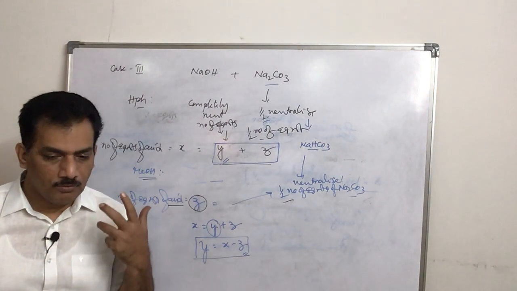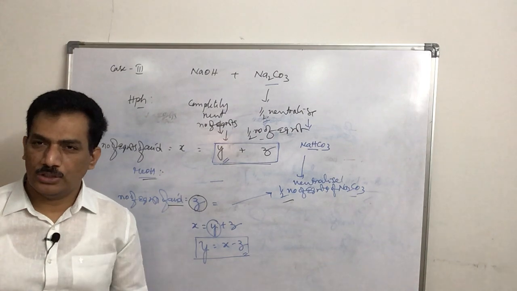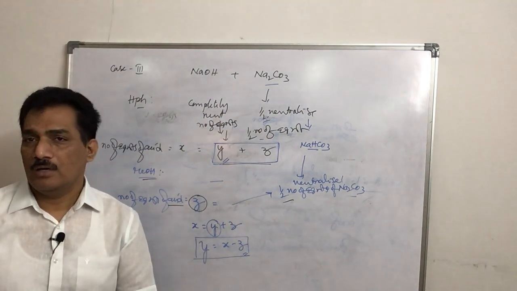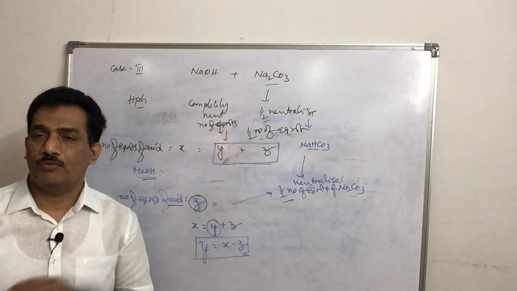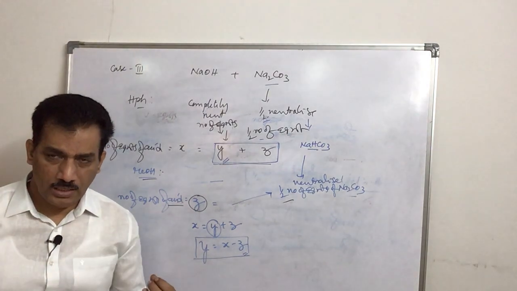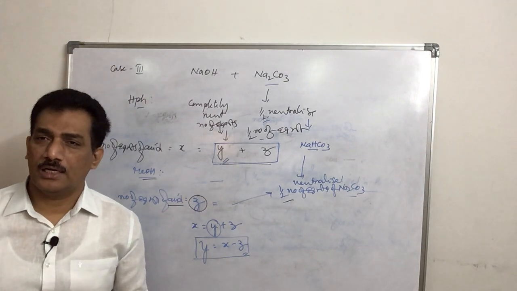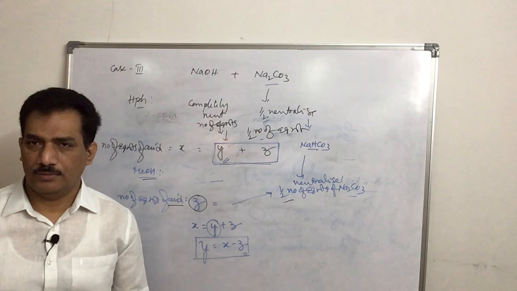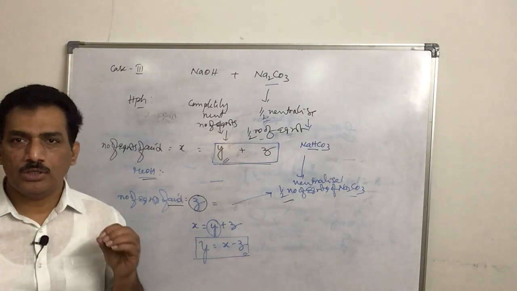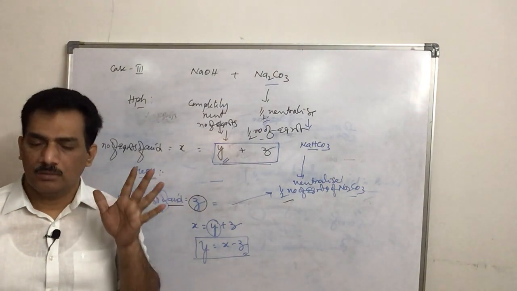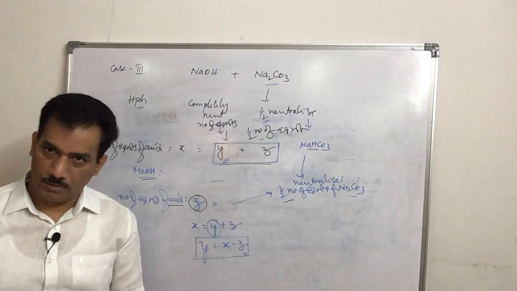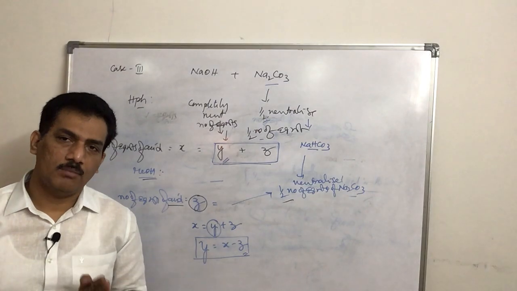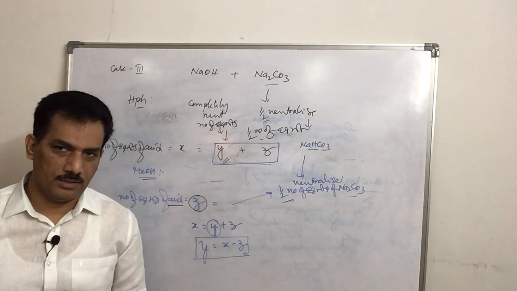Because when phenolphthalein is present, if NaOH is present. Why? Because in methyl orange, NaOH can also get neutralized. So when NaOH and NaHCO3 both are neutralized at a time, it is not possible to consider the quantities of these two present. That's why we have to carry out the double titrations. Only the first titration in the presence of phenolphthalein. After that only we have to go for the second titration by adding methyl orange as the indicator.